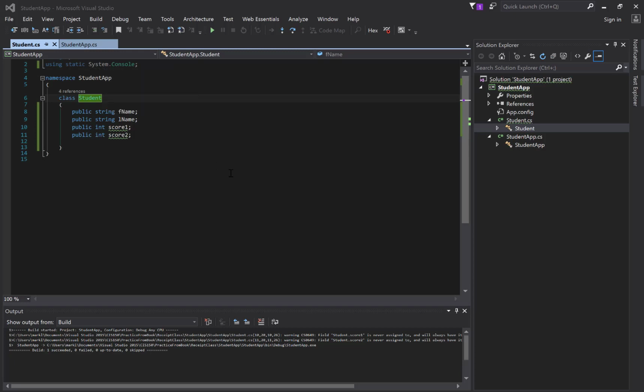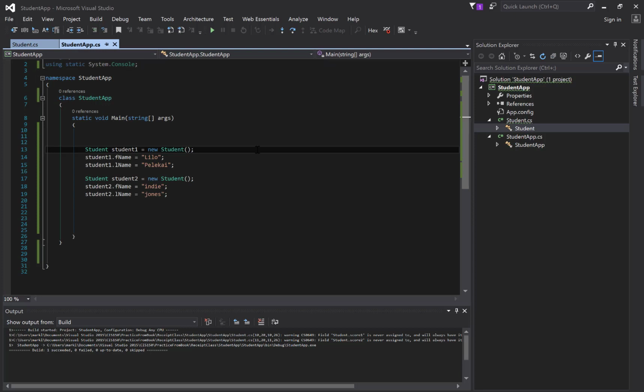All right, so in our last video, we created a Student class, which is our blueprint, Student.cs. And then we created this StudentApp, not necessarily in that order. And this is where our main method resides. In our main method, we created two students from our class, and we used the dot notation to